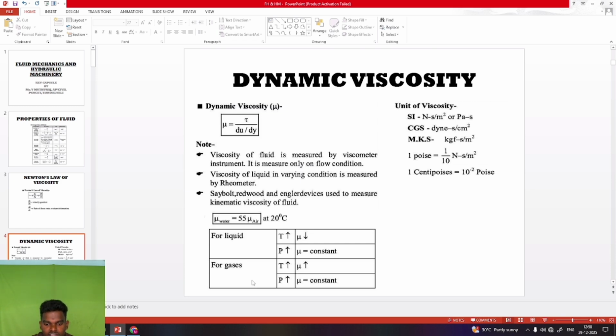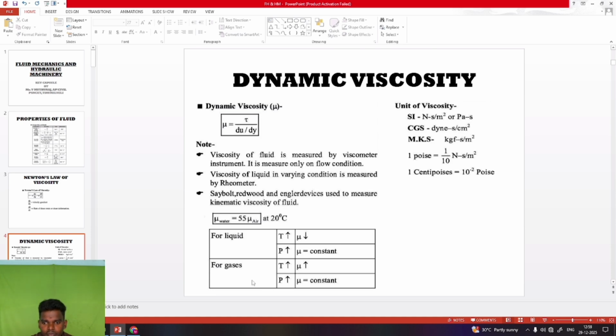If the pressure rises, there will be no change in the dynamic viscosity, which means we can conclude that the dynamic viscosity will never change when the pressure increases or decreases. The unit of viscosity in SI is Newton second per meter square or Pascal second, in CGS it is dyne second per centimeter square, and in MKS it is kilogram